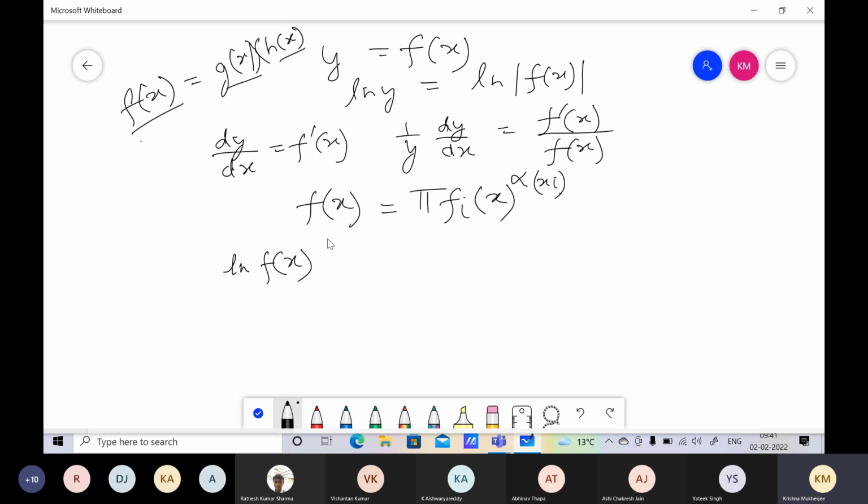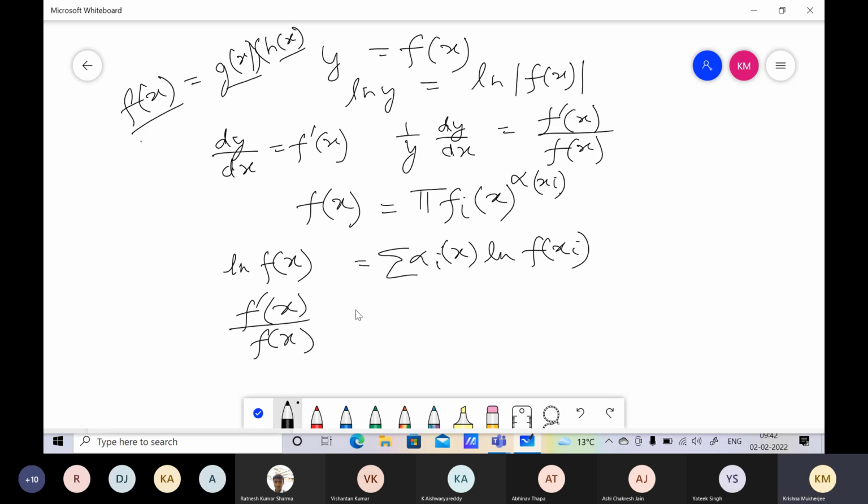Because now I can take ln f(x), and you can derive it from this. What will be ln f(x)? ln g(x) plus ln h(x) will now become a summation, right? Yes, sir. Alpha_i(x) will come here, alpha_i(x) into ln f_i(x). That makes sense to all of you, right? This is just taking logs, and so ln f(x) is nothing but, if we take the derivative, f prime(x) upon f(x),